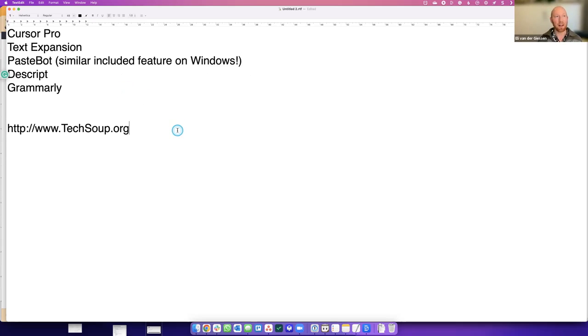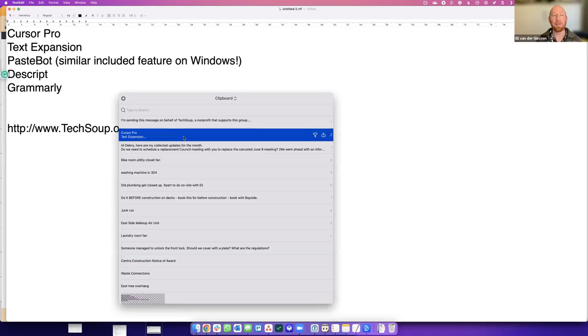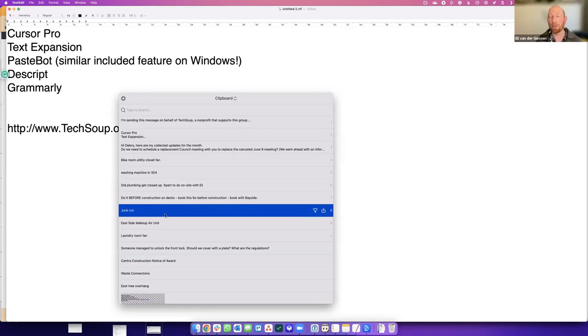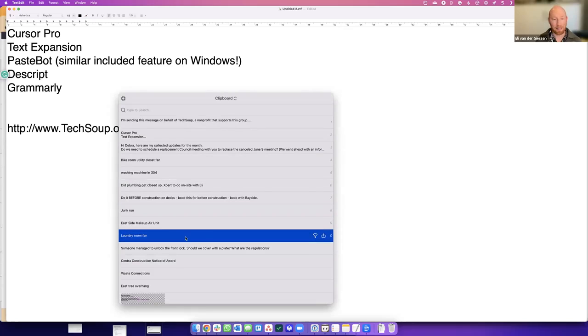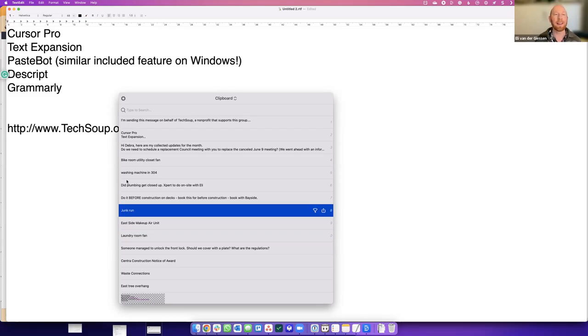But through the magic of PasteBot or similar things like this, you can also bring up an alternative pasteboard that keeps basically your full history over, say, the last 100 clips of everything you've cut and pasted. So if you're like me and you're going between other windows and copying three things and pasting three other things and getting that email, instead of tabbing back and forth between two different applications, what you really just say is,